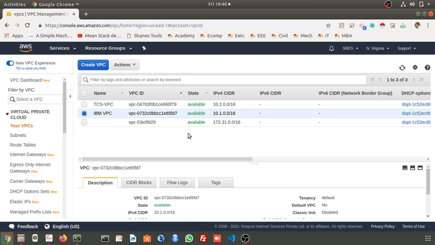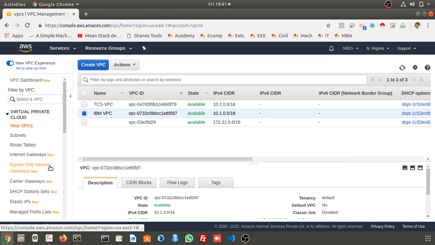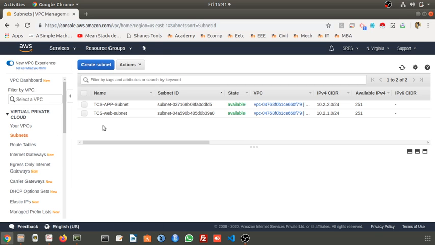This first step is completed. After that I have to create a subnet. I will name it IBM main subnet. In this I will place my web server. Go to subnet.